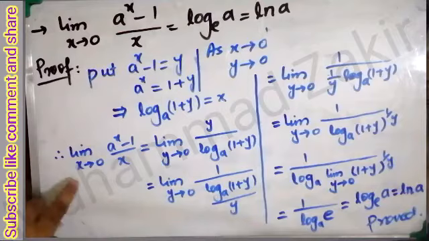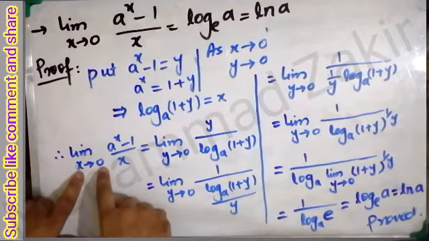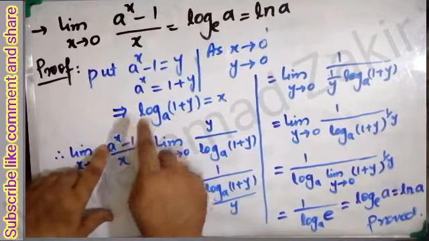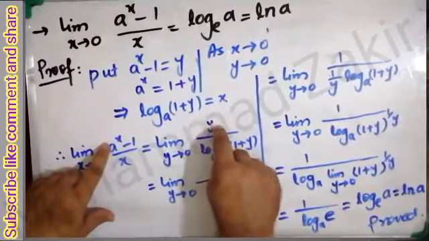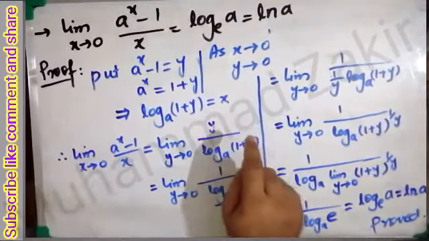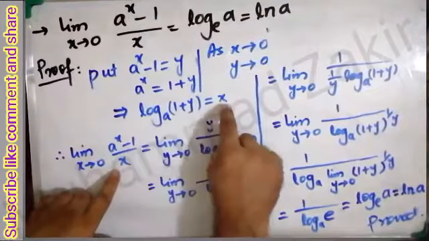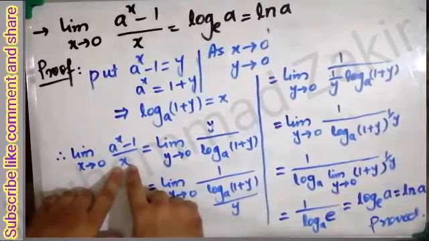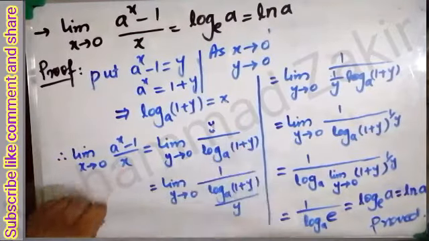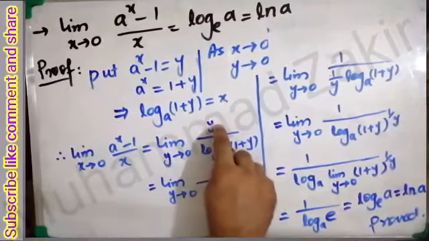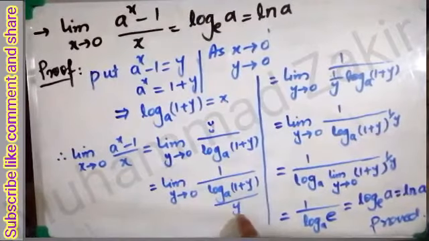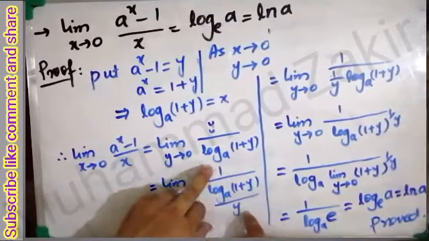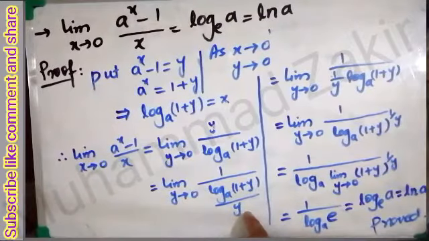तो अब आप देखें ये गिवन था लिमिट x अप्रोचेस 0, मैंने उसकी जगह लिख दिया लिमिट y अप्रोचेस 0। a पावर x माइनस 1 की वैल्यू मैंने लिखी है y। देन वहां से मुझे x की वैल्यू log की फॉर्म में मिली थी, log टू द बेस a ऑफ 1 प्लस y, तो इस x की जगह लिख दिया log टू द बेस a ऑफ 1 प्लस y। अब ये फर्स्ट प्लेस पे जो y है इसको यहाँ से हटा के थर्ड पे ले आए तो वहाँ 1 रह जाएगा, ये थर्ड से फर्स्ट पे जा सकता है, फर्स्ट से थर्ड पे आ सकता है, ठीक है। ये तो हम फॉर्म बना रहे हैं।